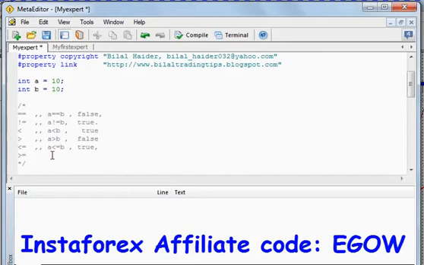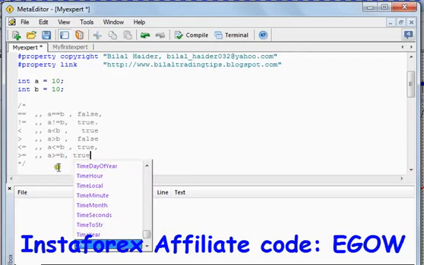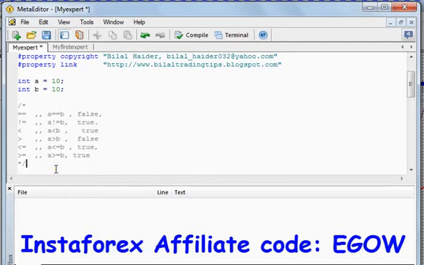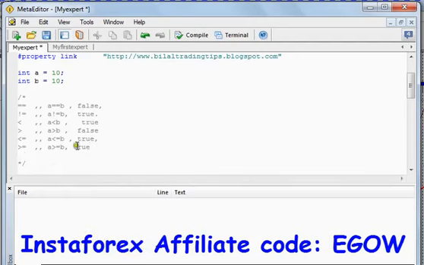Okay, the next operator returns a true value if the first variable is greater than or equal to the second variable. In this case, a is 10 and b is 10, so they are equal, so this will return a true value. And that's all. These are all the relational operators that are used in MQL4 programming, and they are widely used